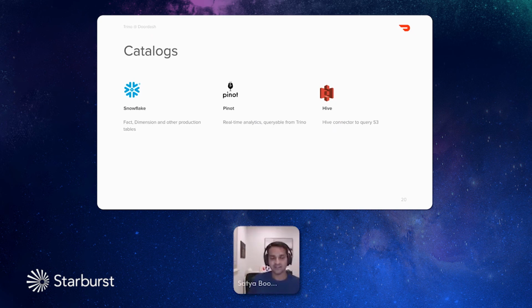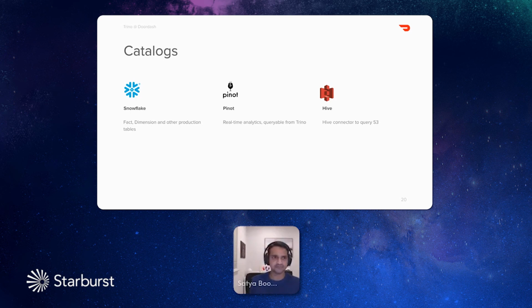The last part is the catalogs. Right now, we are connecting to these three catalogs. Snowflake, where we have all the fact, dimension, and other production data, transactional data coming from these production tables. As Akshat mentioned, we are also using Pinot at DoorDash, and Trino is becoming the primary queryable interface for this, for the Pinot data, and then we can connect with Snowflake or data from S3. And the last part is a Hive connector, which we are using actively to query data stored on S3